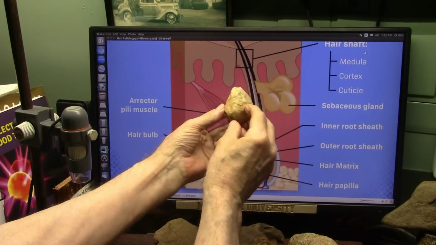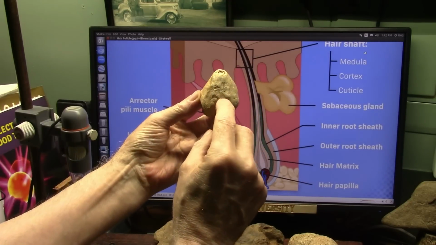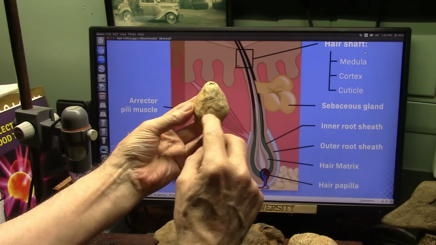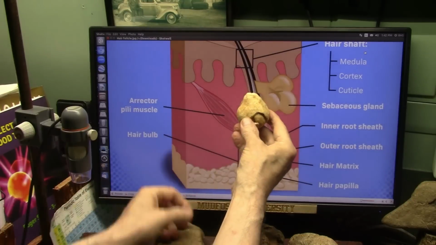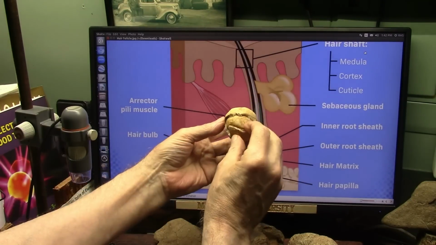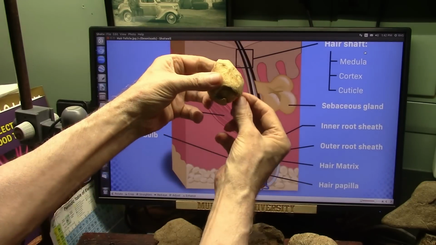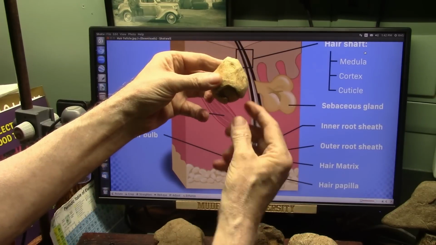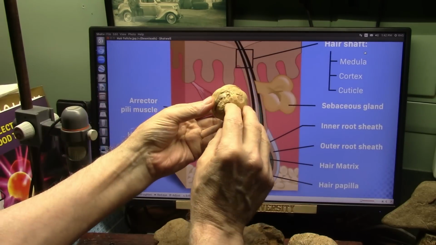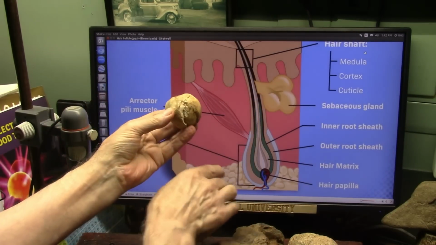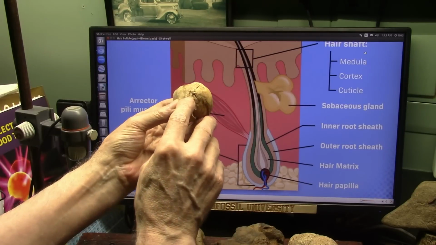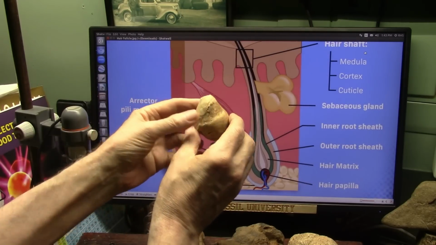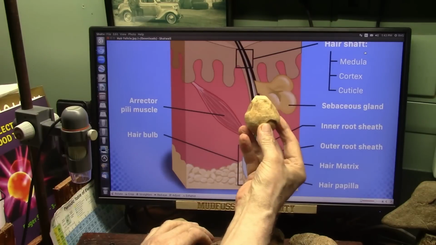Now, what is this? What's that little globular looking thing? That's this right here, the sebaceous gland. And this right here is where the hair grows. They grow down and then turn around and come back up. That's why sometimes you get an ingrown hair. They don't turn around. These are the vein and artery at the bottom. You see the two little vein and artery? That's what this is. And now that's a hair follicle.